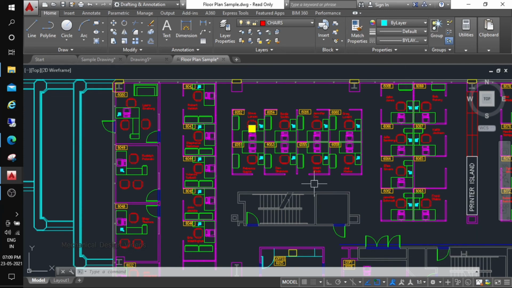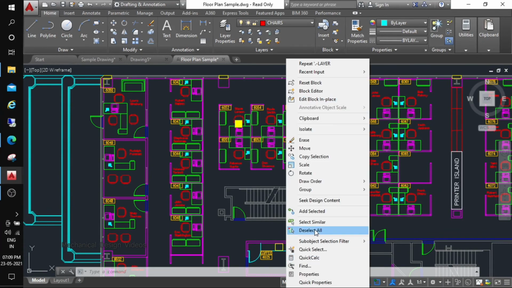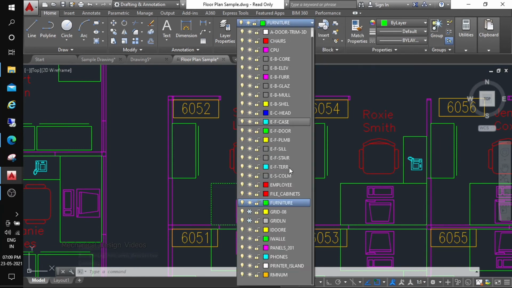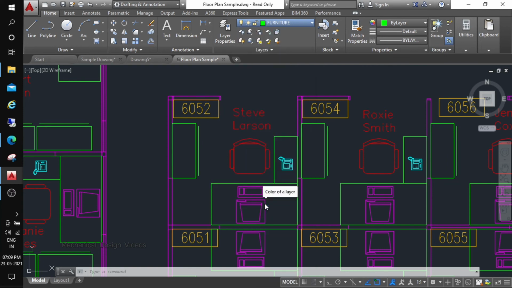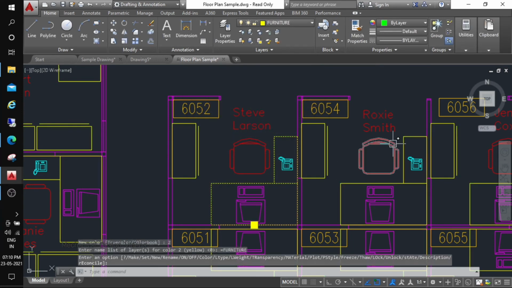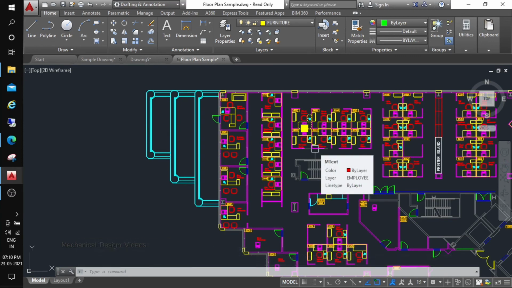So what is the layer? You have to choose the particular layer or object. If you choose this one, this object says it is in the layer furniture. So go to furniture here and click on the button. You can see there are other options. If I choose yellow, you can see all the furniture, or all the objects on the furniture layer, have been converted to yellow. So this is the advantage. On a single click all the color has been changed.